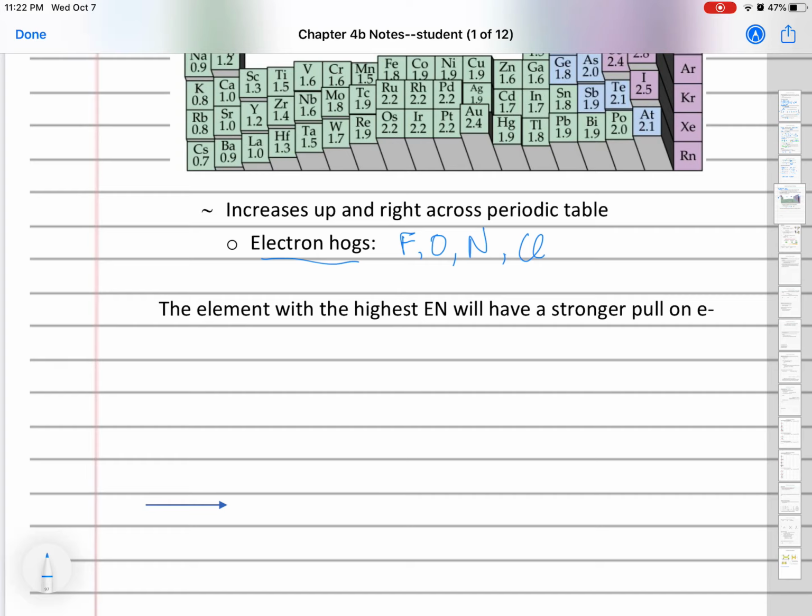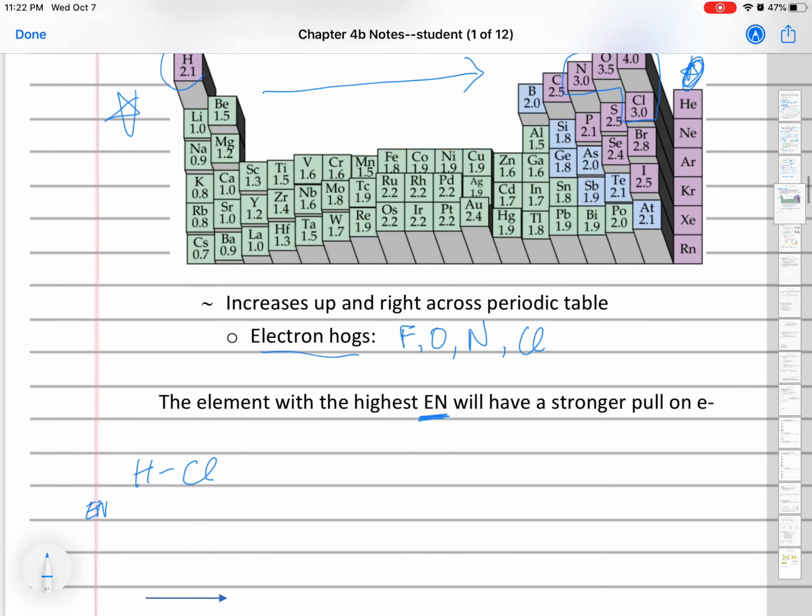Okay, so whichever element in a bond has the highest electronegativity, that's what EN means, that one will have a stronger pull on electrons. So let me show you what I mean. Let's take this example, hydrochloric acid, HCl. The electronegativity of hydrogen, if we look at this electronegativity table, is 2.1, and the chlorine is 3.0. So the chlorine is stronger. It has a higher electronegativity, a stronger pull on electrons. So that means the shared electrons will actually be closer to the chlorine